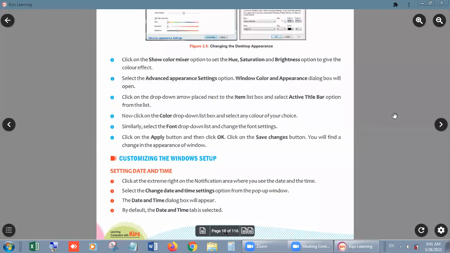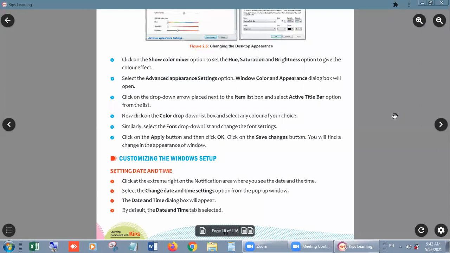Good morning, students. Today we are going to move further in our lesson number two, because we were discussing the settings of Windows. In it, we already covered how we can resize our icons, change the shape or background of the screen, or any more options which are related to the icons, right?